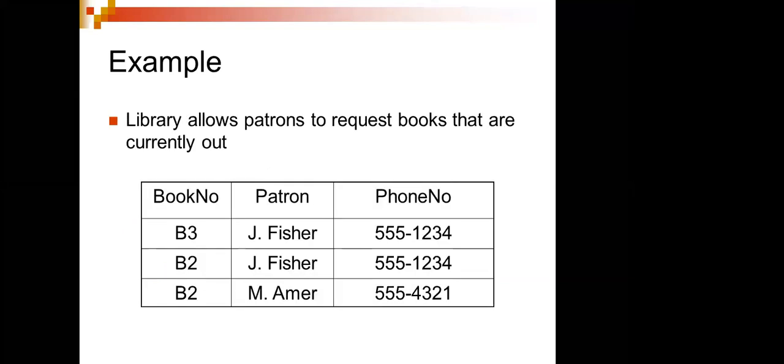Candidate key. We have pattern with phone number. So the table is not in the second normal form. So this is not the second normal form, right? How are you going to convert this into second normal form?